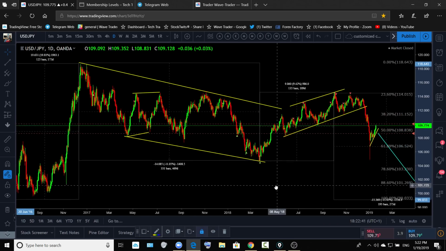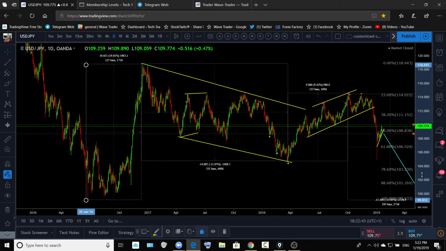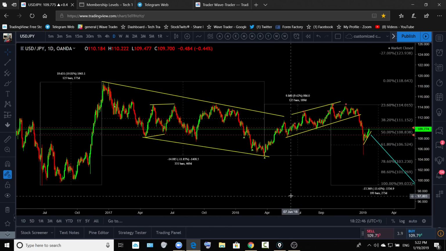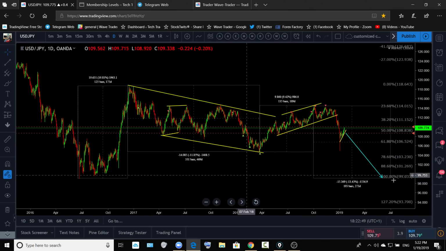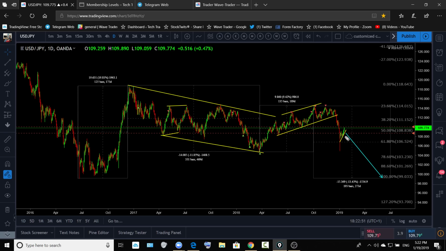I don't think the dollar yen is going to continue to go higher without hitting the 100 area in the longer run. So there is still a lot of potential over there on the dollar yen for the downside. So we are looking for that.